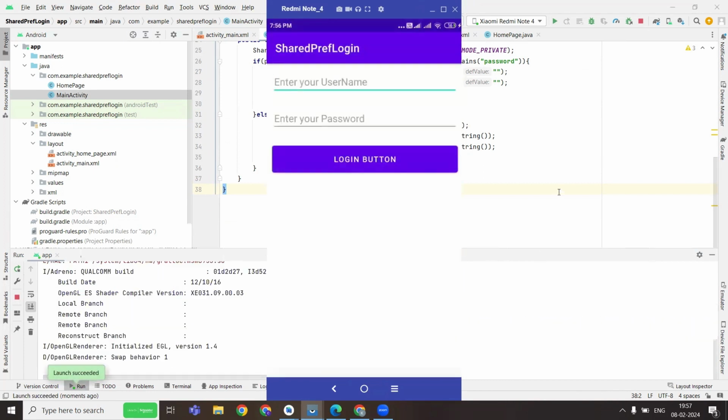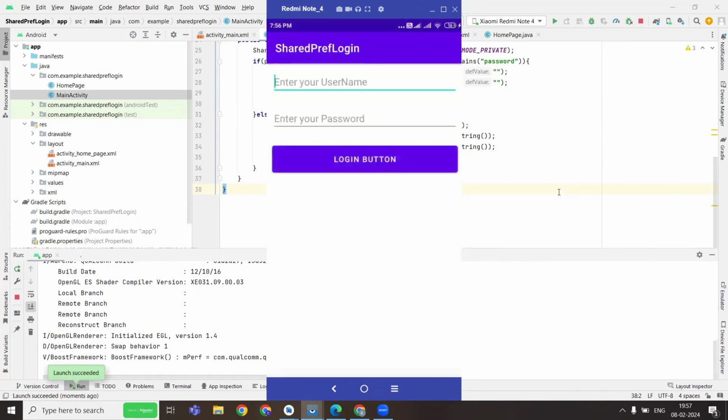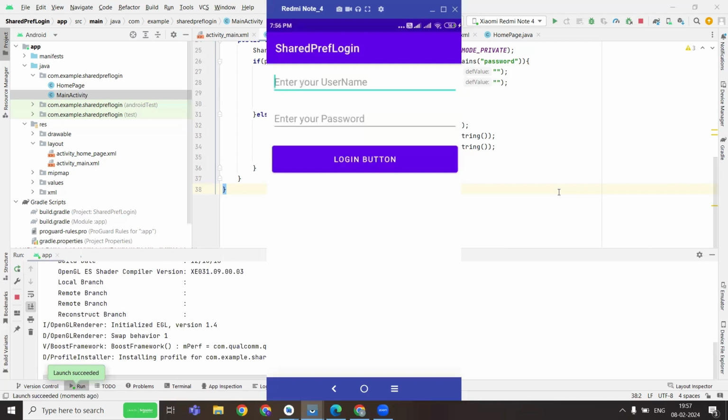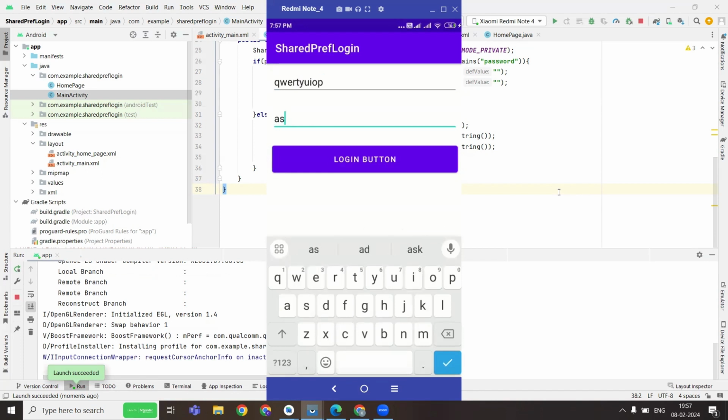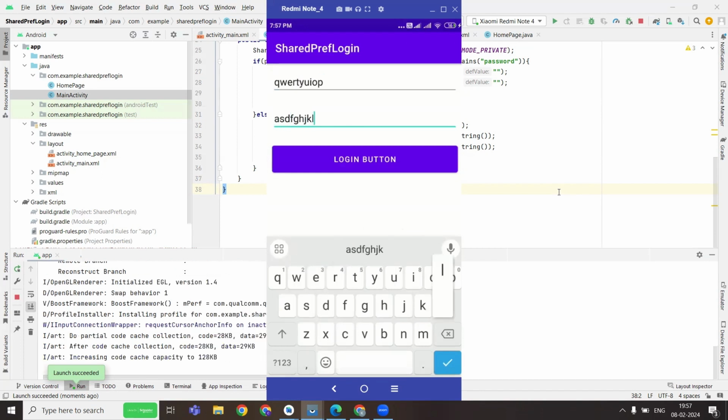So perfect. First, initially I'll click the login button. No data is there, everything is empty. Next time I will first enter my username, which will be QWERTYUIOP, and my password will be ASDFGHJK, something like that. Then I'll click the login button. After hitting login, it has been saved. Next time when I hit the login button,